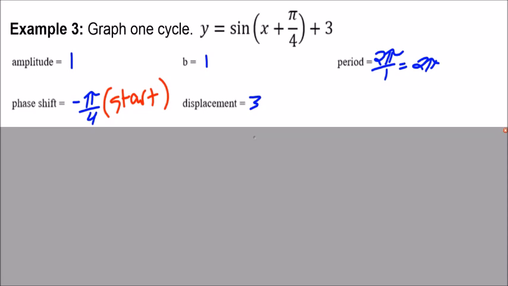Now, this one gets interesting. We have a phase shift. The phase shift is the horizontal shift, the left or right shift. And if you remember your rules for transformations, when you have a horizontal shift, it's always opposite of the sign that's in the equation. So in this problem,